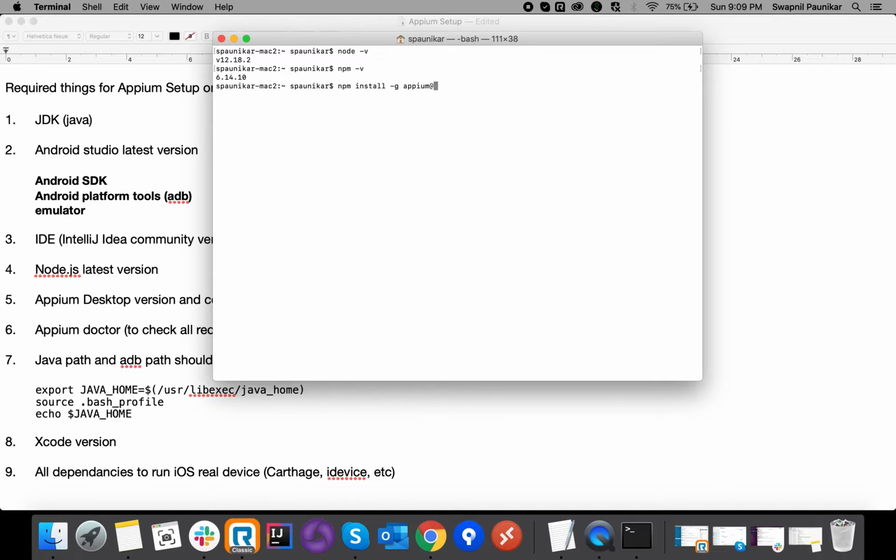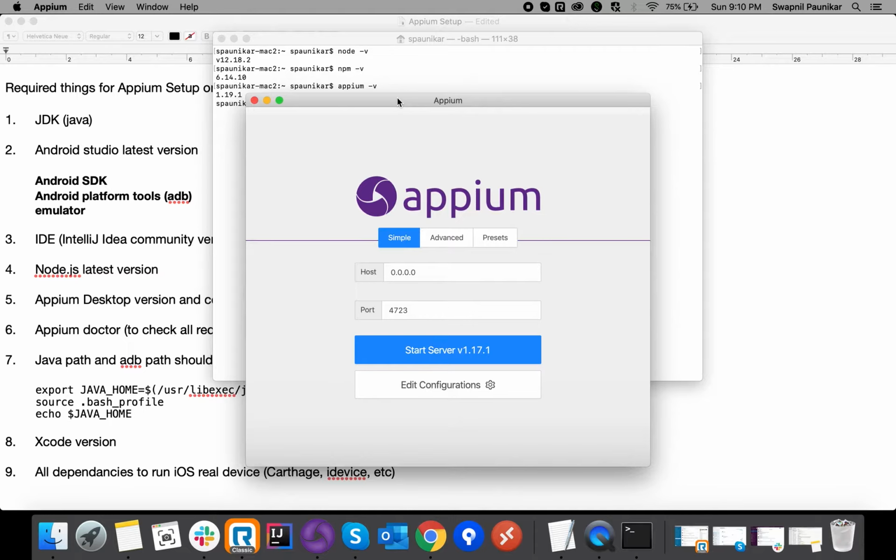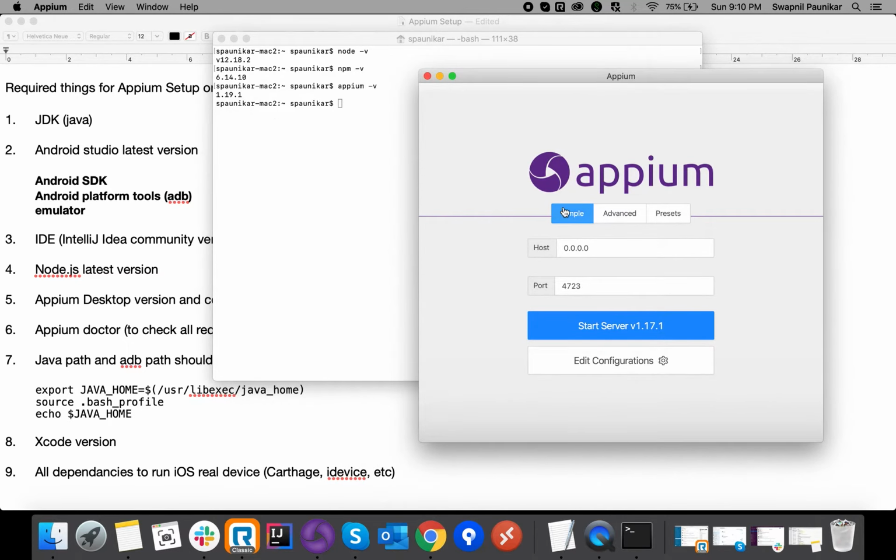So yeah, this is the command, guys. I have already installed the apm command line as well. In order to check if apm is installed or not, you can just run apm -v. Currently I have the 1.19.1 version of the command line, and here you have seen the desktop version I am having, it's 1.17.1. So at the same time you can keep two apm versions with you.